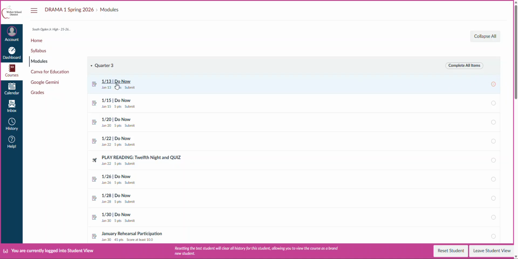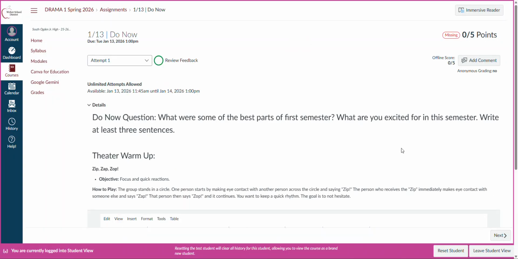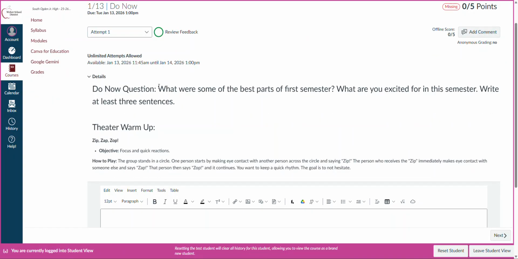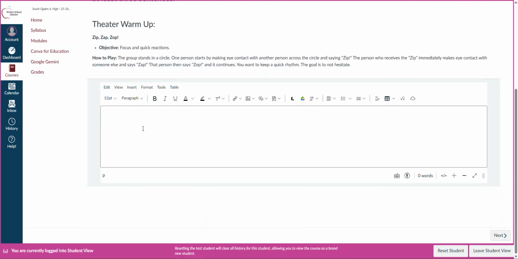So all they do for this do now, and this is right in that first 5 minutes of class, is click on the assignment and they will see the do now question. This is just a question that they're answering for the day. So they read the question and then they write at least 3 sentences about it right here in this text box. Once they have done their writing